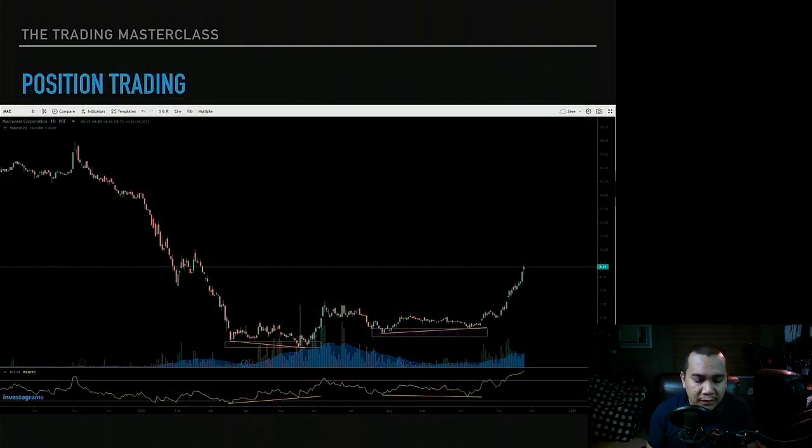So here is a good example of position trading, right? Number one rule is look for a fundamentally good company. I am looking at Macro Asia right now. I'm not sure if you can see it, but this is Macro Asia, a good company here in the Philippines. During the pandemic, it went down, right? So after this downtrend right here, which is our first condition for position trading, we look for it to try to stabilize. And here's the stabilization right here, another stabilization action here before it starts to rally up again.